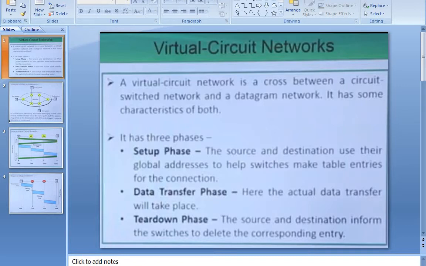Once the path is established between source and destination through several switches, the second phase starts,